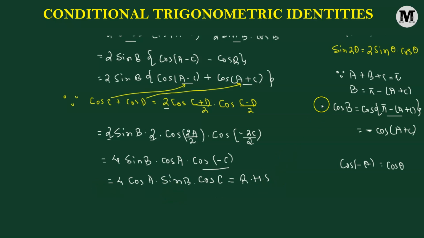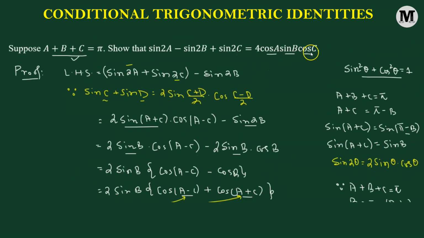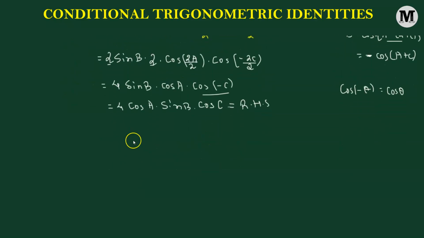So cosine A sine B cosine C, cosine A sine B cosine C. Here we have shown that we have successfully proven that the left hand side equals the right hand side. Hence